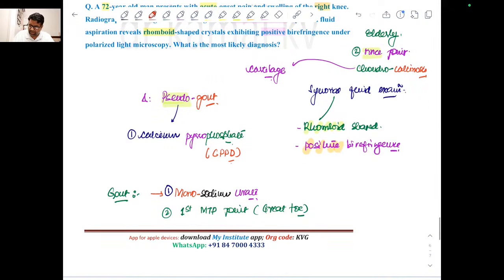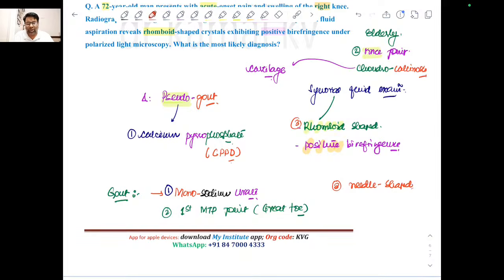Toe, very good, very good. Then third is the shape. In gout it is needle shaped crystals, but here it is rhomboid shaped crystals, okay? So the crystal shape is also different. And fourth, gout is showing negative birefringence, but here it is showing positive birefringence. So these are the four differences. Yes, absolutely right, Dhanush. In between it may be normal. Yes, very good. So these are the four differences which you should know between gout and pseudo gout,